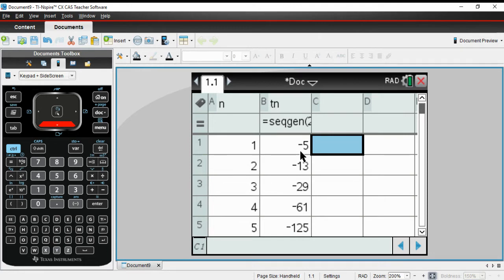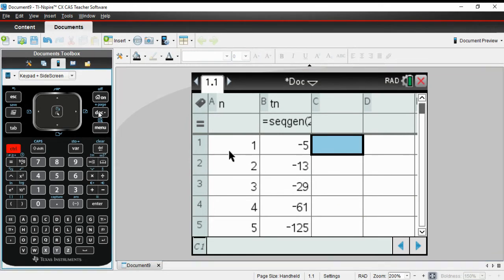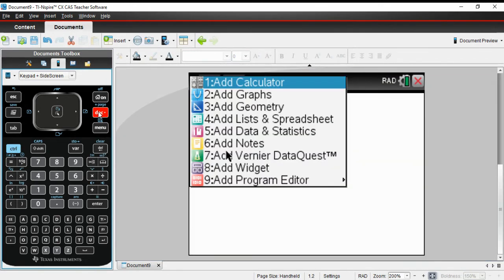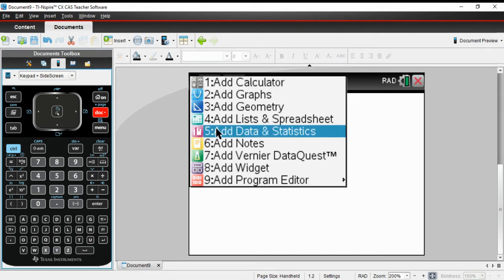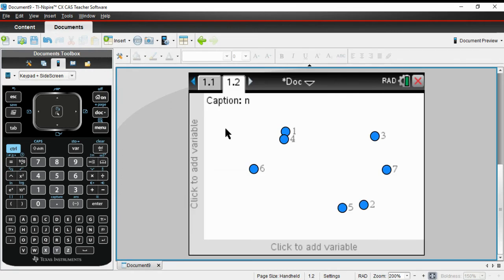All right. So the second part of this, if I want to now plot it, I press Control and then Dock. Now, if you have one of the older grey bricks, you just press the Home button. Don't need to press Control anything, just press a little Home button, which looks like that. So I now add a Data and Statistics, and I've got something that looks like a scatter plot. Scroll down to the bottom using this little guy. It's like a mouse. Scroll down to the bottom